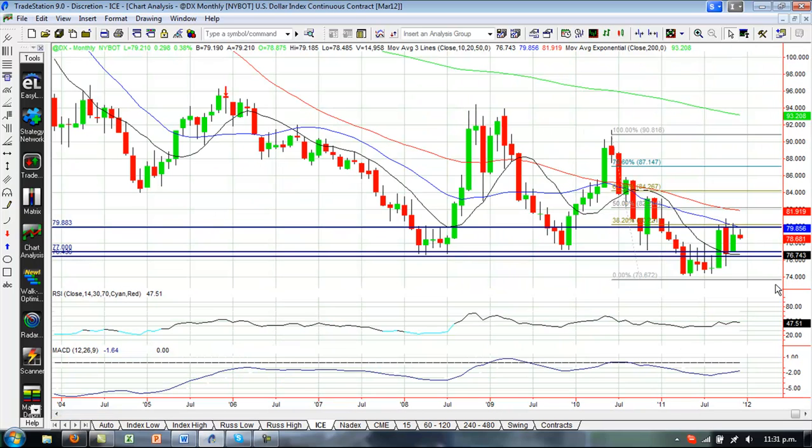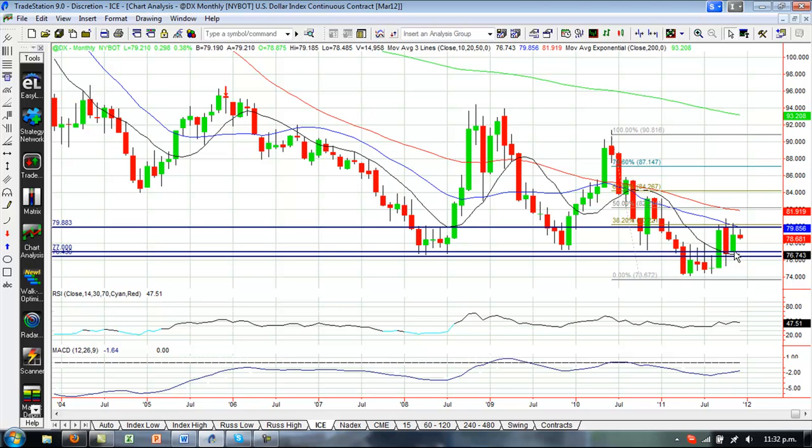Let's have a look at this on a monthly chart. Again, I was looking for a break up through November's highs or November's lows, and I think that would provide some real direction for the market, and we're just not getting it yet. It could be quite some time. So far, December's looking very quiet. It's a very, very small candle considering we're a decent way into the month now, and we need to see a break through the high of November or the low of November to really confirm some direction.